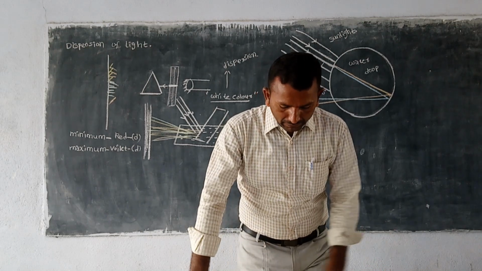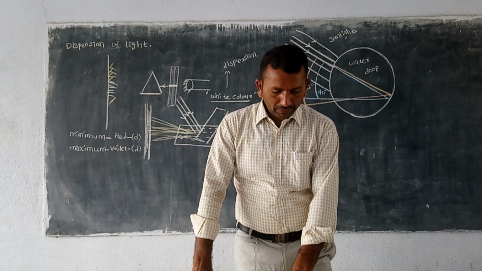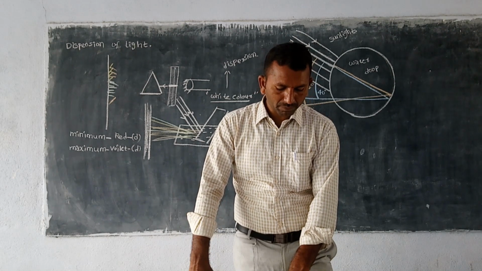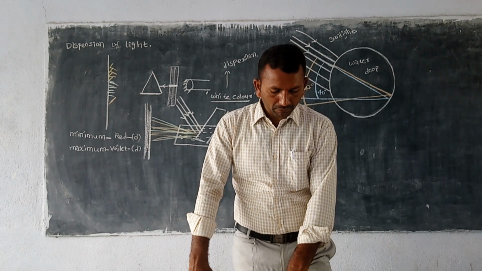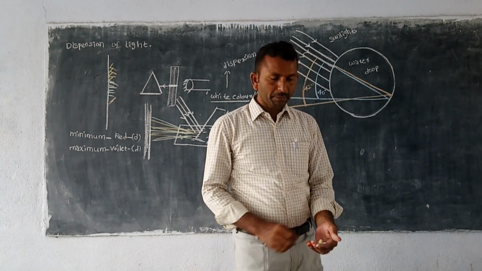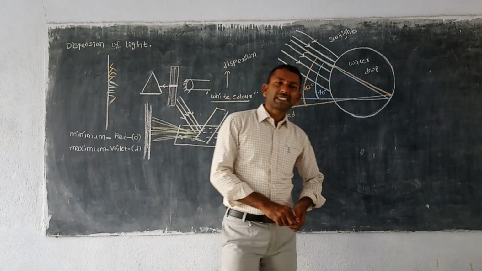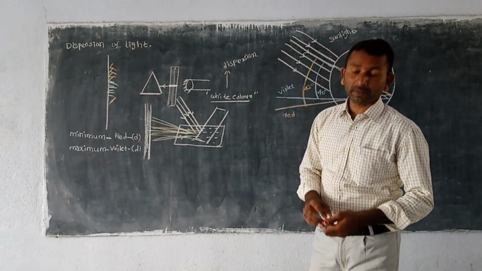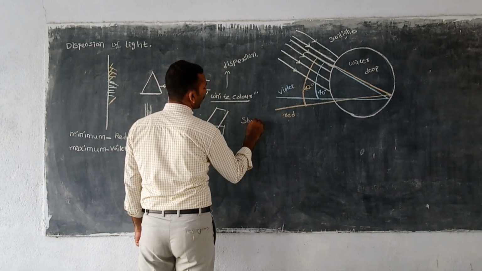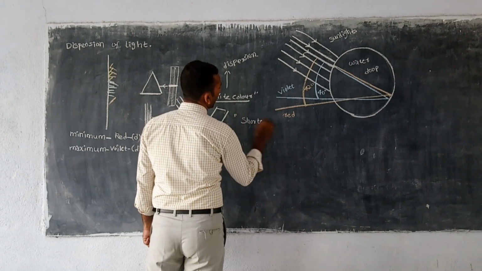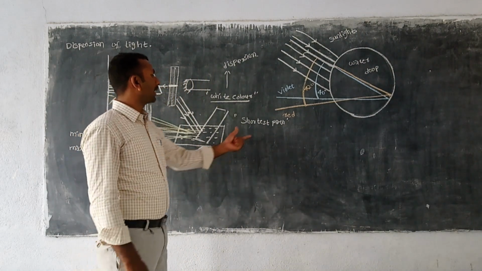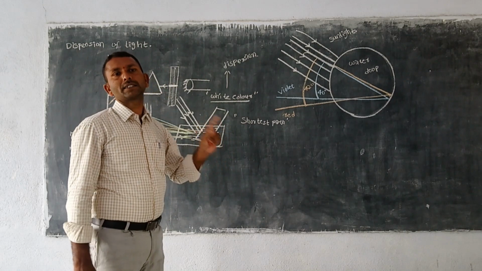In our previous discussion, we learned that for a particular refractive index of a prism, there must be only one angle of minimum deviation, and according to the Fermat principle, a light ray always chooses the path of least time. But in activity 3, we noticed that the light has chosen different paths. According to the Fermat principle, which we have already discussed in previous lessons, the light ray always chooses the shortest path to travel.